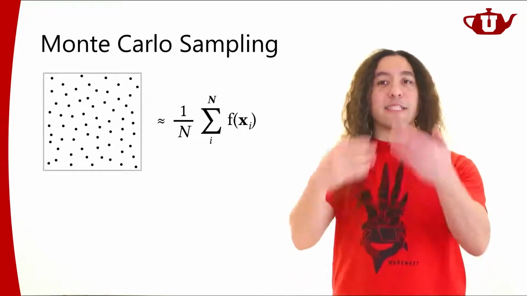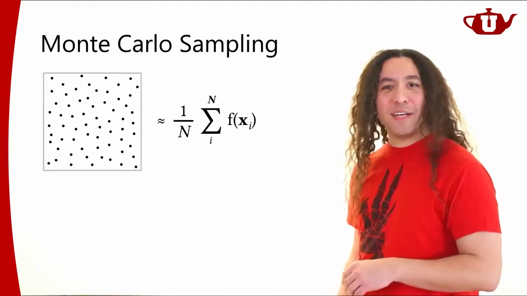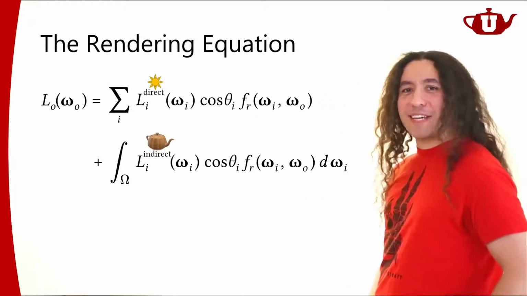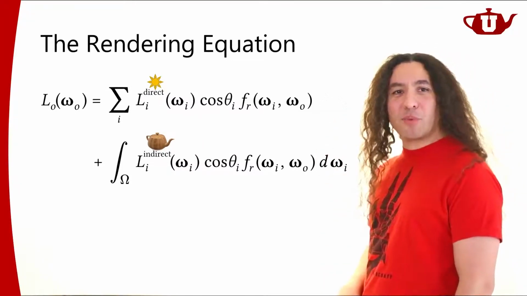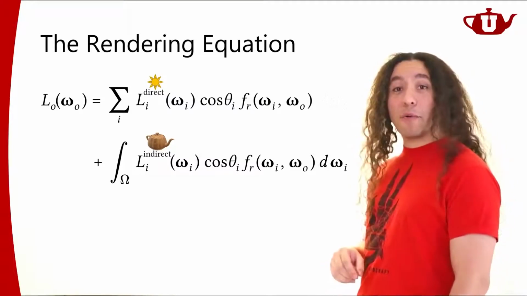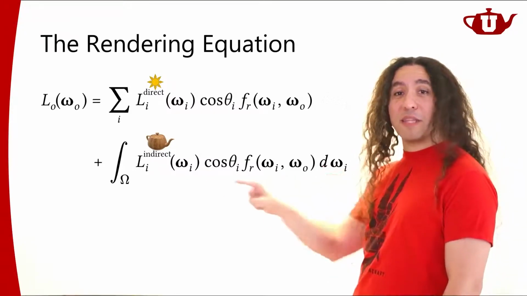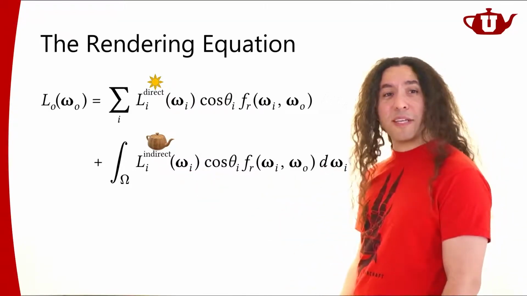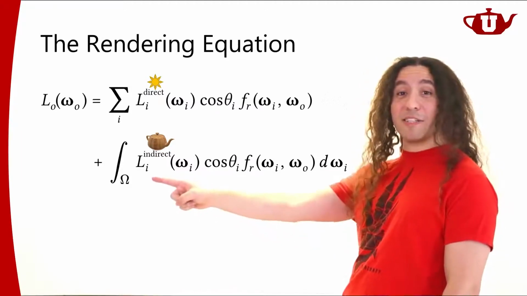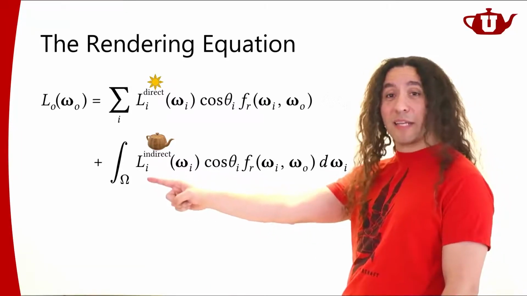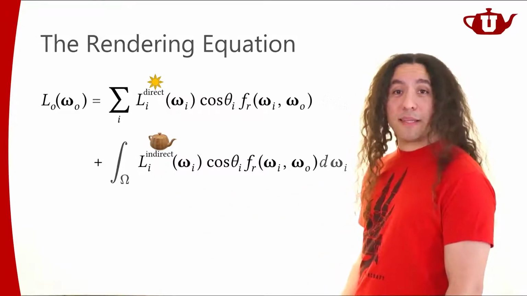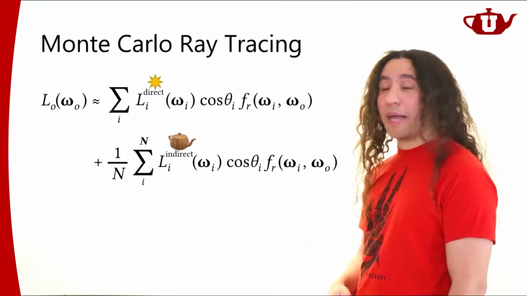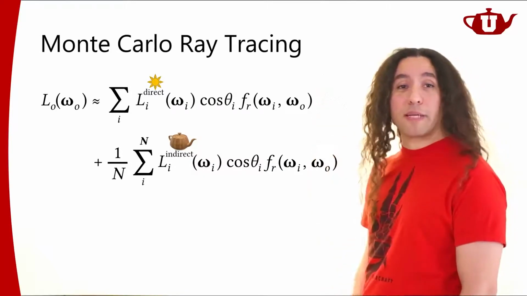All right, now let's get back to where we were. Our goal was this, right? Our goal was trying to compute this rendering equation properly. So what we're going to do to be able to compute this part of the integral more properly is that we're going to replace this really complicated, impossible to solve integral with Monte Carlo sampling. And that brings us to Monte Carlo ray tracing.